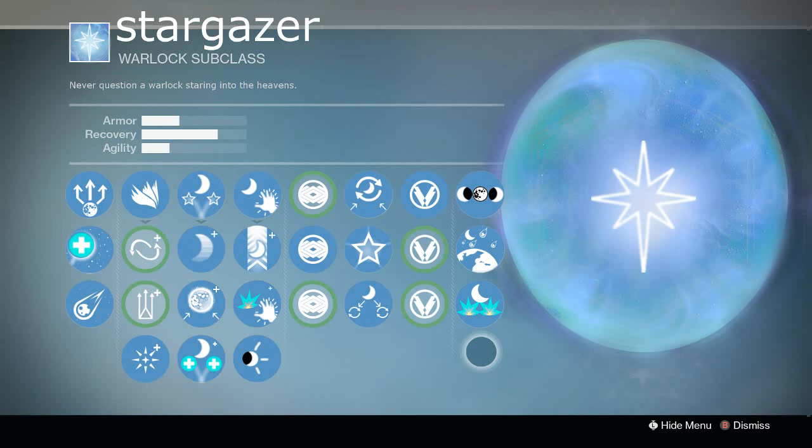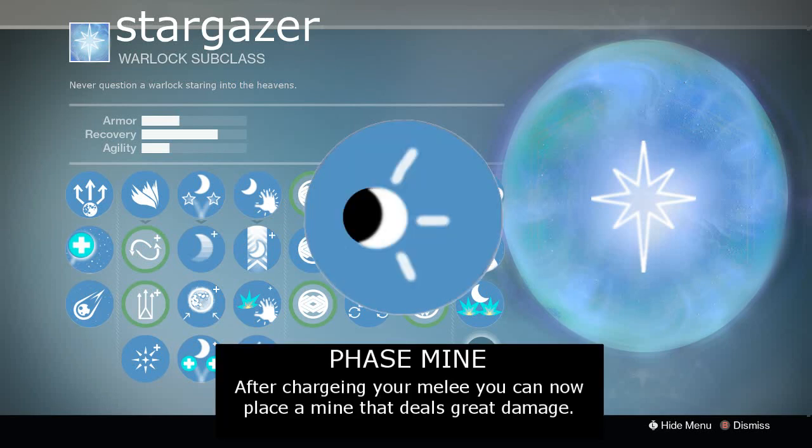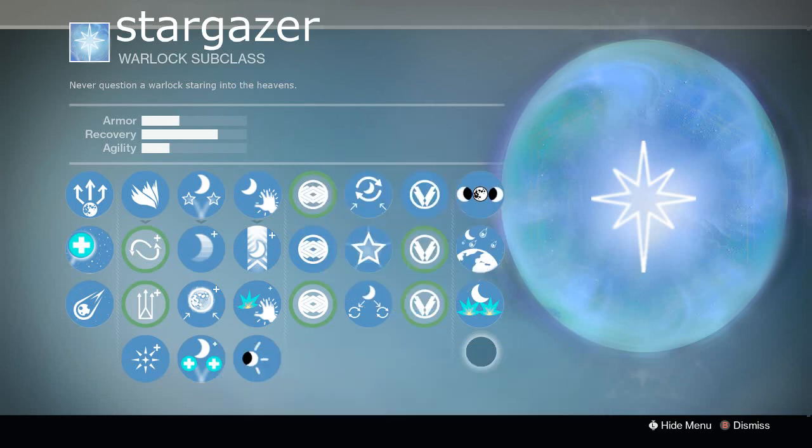And lastly, for the melee, we have Phase Mine. After charging your melee, you can now place a mine that deals great damage. So after you charge your melee, anywhere you punch would place a mine, and it would be pretty fun to use and stuff like that. So pretty cool. Alright, that's pretty much the general gist of this subclass,